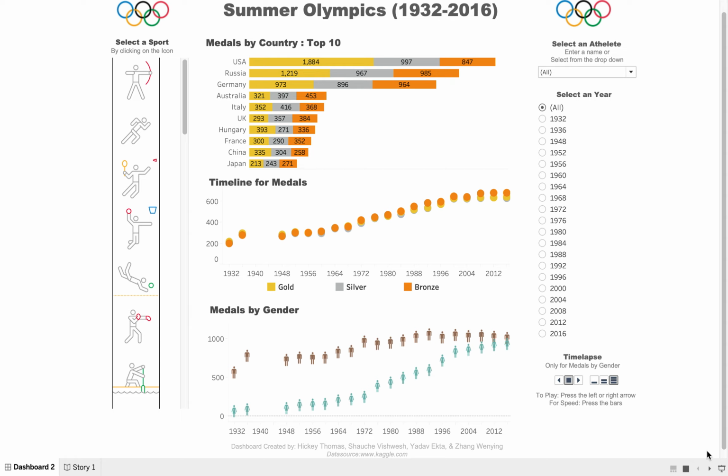understanding the Tableau software, we had challenges with deciding how we wanted to present the data and what we think is the most important when it comes to presenting data to the individual. We came up with the ideas of medals by country, timeline by medals, and medals by gender as some of the top ideas for data to present to the individual when it comes to the Summer Olympics as a whole